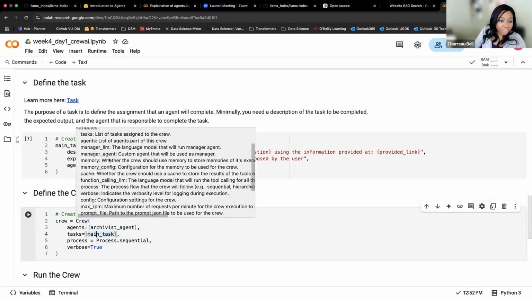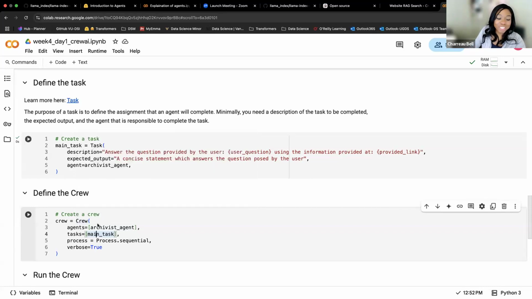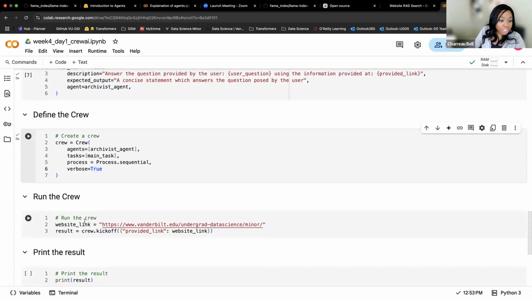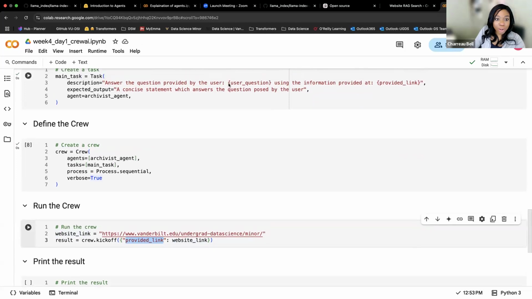We also have other things that we can set here, so we can make choices. For now, let's just leave this as is. We might also choose not to have memory on this one and explore the role of memory. We might explore the role of planners, but for now, we'll just leave it as is. And then here goes the website link. This is going to be the provided link that we're going to pass in. And then we do need to add one more parameter, which is going to be this user question.